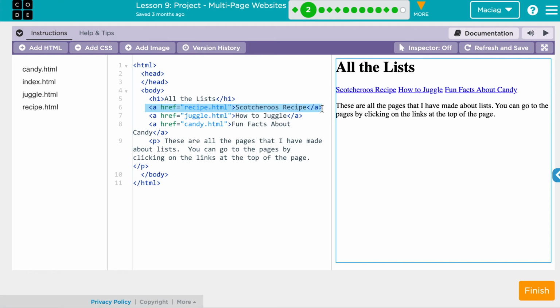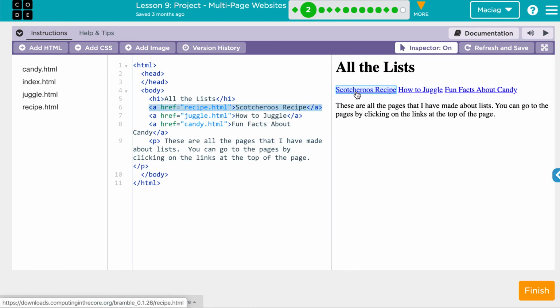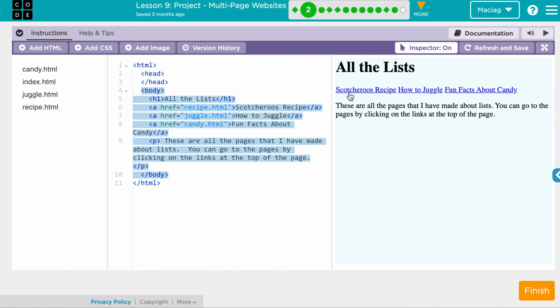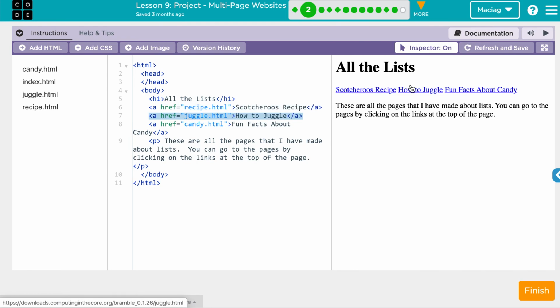So today's task, or just part one if you're doing this all on Friday, your first task is to understand how to make a hyperlink to your pages all in the same website. Here, the instructions were just to click around and see what's going on. If we use our inspector tool, here we have a link to the Scotcheroos recipe, and we can see over here that's the tag for it. It goes A and then href =,